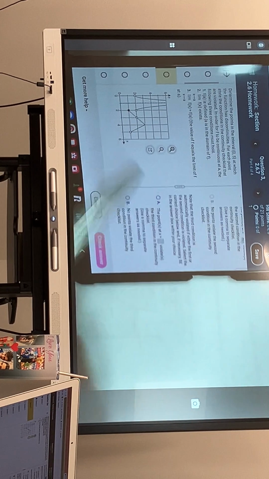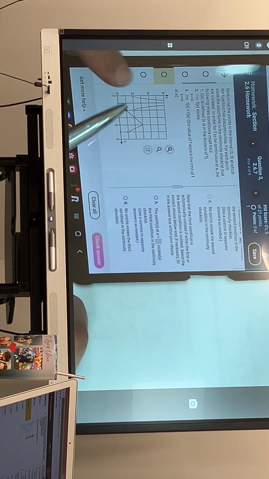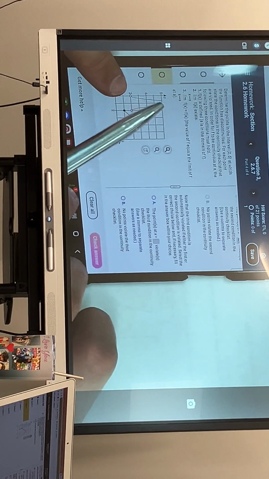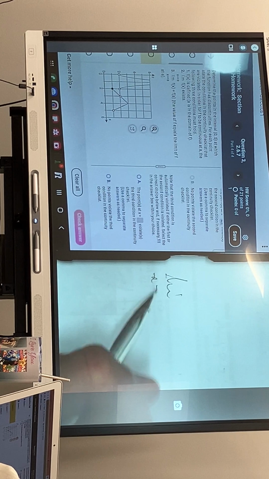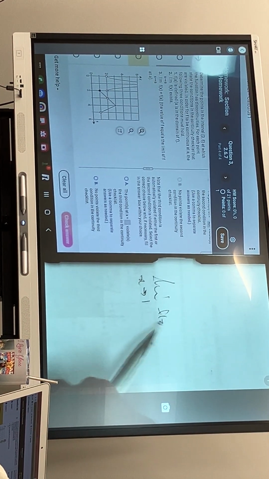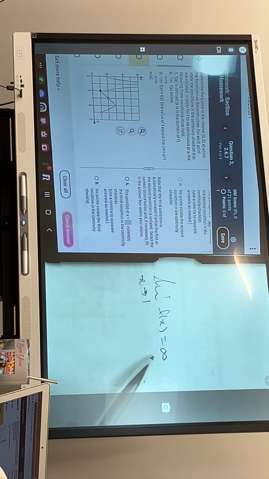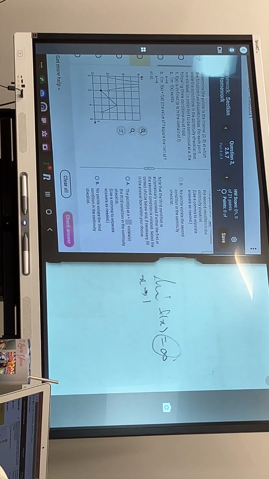So there's an argument to be made about whether this one violates the second point. The limit as x approaches 1 of f of x is infinity, and so that should satisfy condition number 2, but